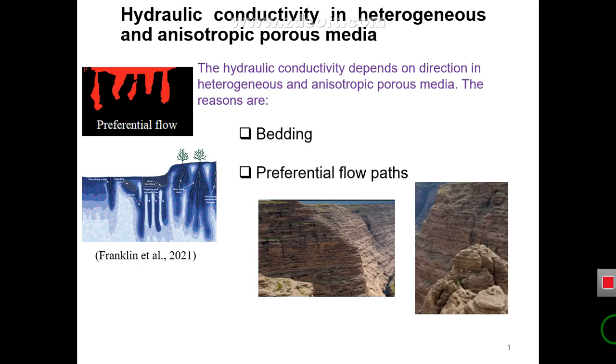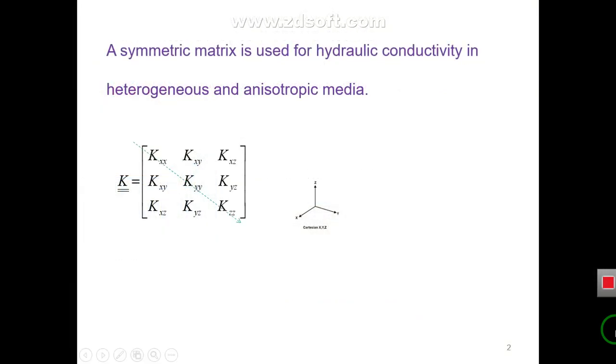It has been investigated that this preferential water flow is typically much faster than flow through the other parts of the porous media. In heterogeneous and anisotropic media, the hydraulic conductivity is a tensor, which means that its properties change